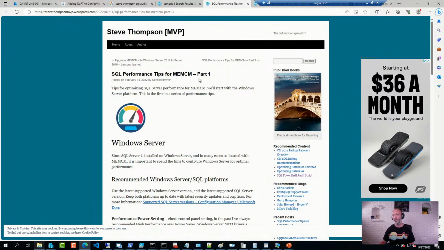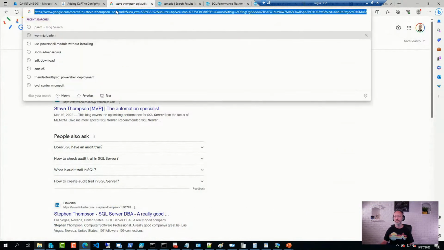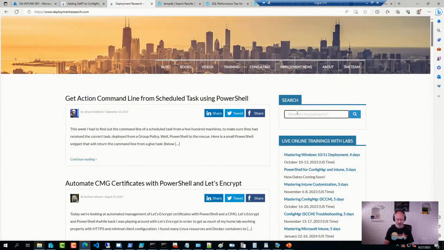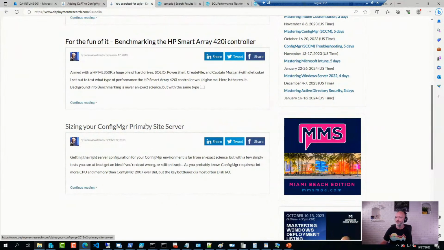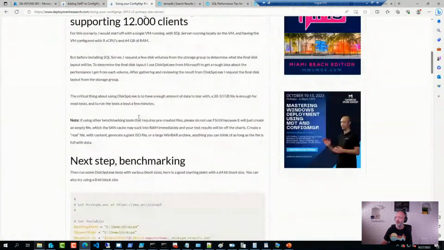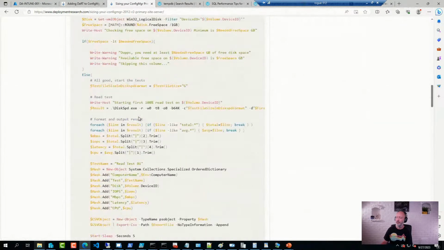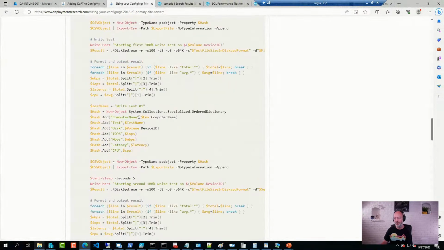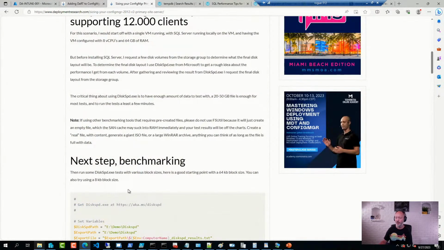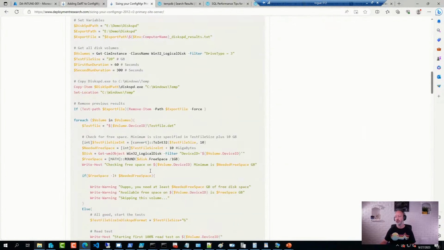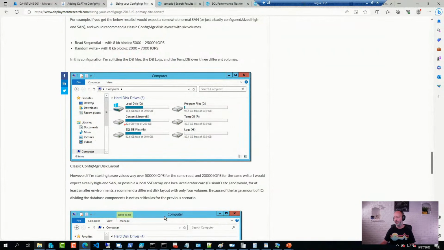I mean, follow up there. You can tweak SQL all day long, but if your disk subsystem is throttled by the storage team, you can at least verify how quick it is. This is a PowerShell script that will reduce disk speed to figure out how many IOPS you have on the system, because the volumes where you're hosting your database,